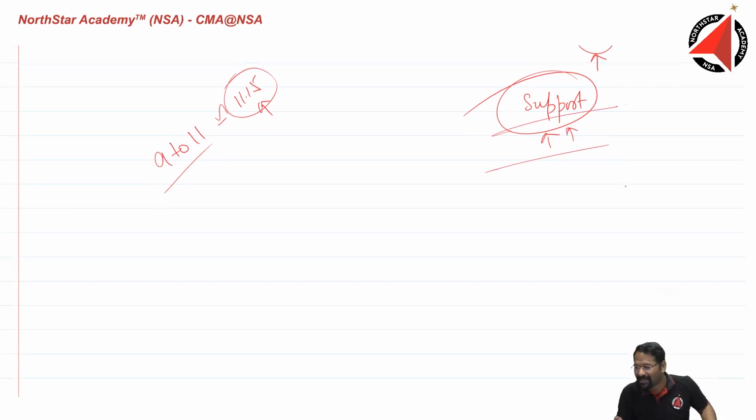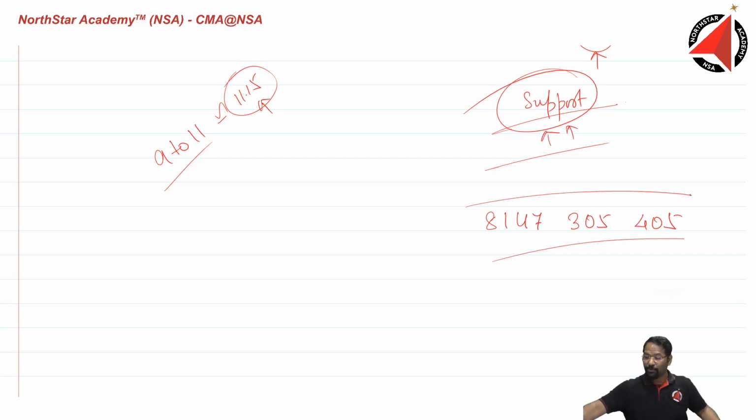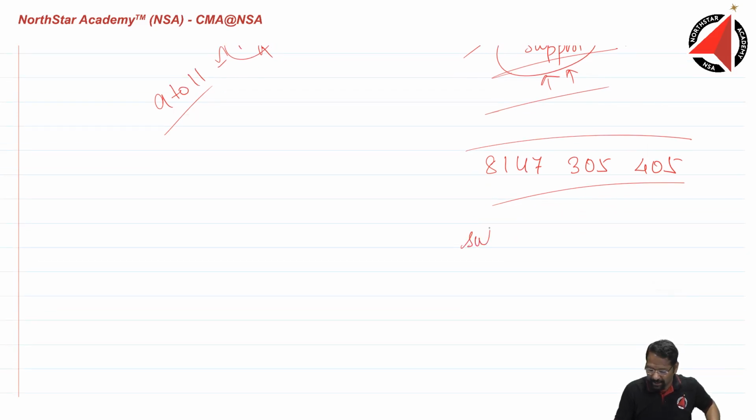Sir, what is the number of the support team? Where is my phone? Does anyone have the support team number? One minute, let me just search. I will give you. Yes, please call the support team. Support team will always be there throughout your journey. 8147-305-405. Such a beautiful number we have got. 8147-305-405. All right, or you can write an email to them,